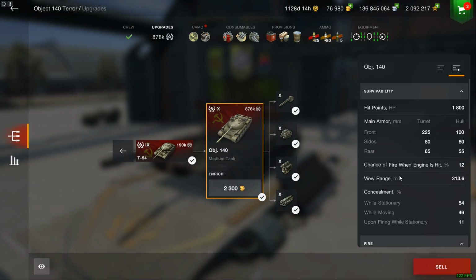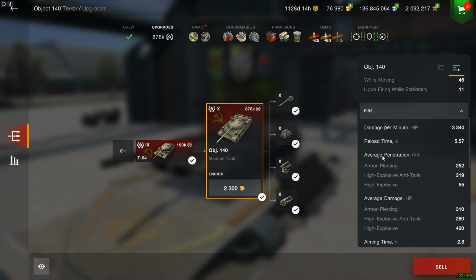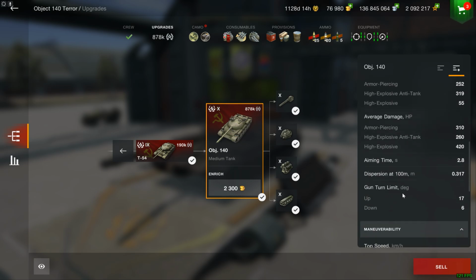Every single tournament at the beginning was IS7s and Object 140s. Now, unfortunately, that is not the case anymore, and this tank has sort of gotten into a corner where wherever you balance it, there is always going to be a better option. Now, what they have done in 9.1 is they have increased the engine power by quite a lot to 700